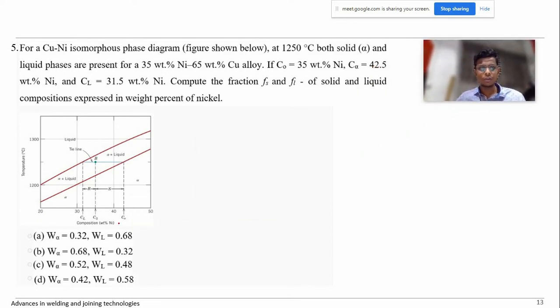This is the lever rule. Okay. Basically, for a given binary phase diagram, if I want to calculate the composition,